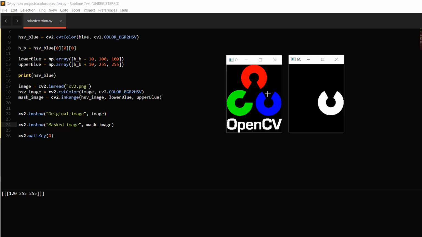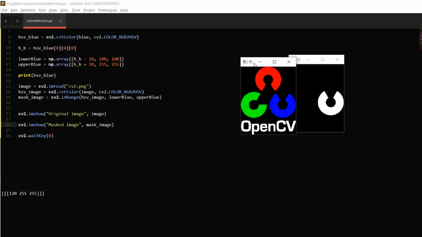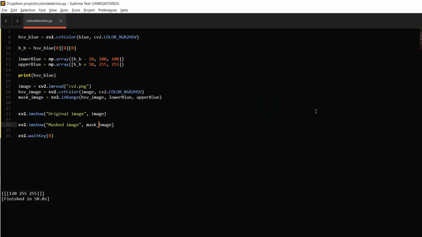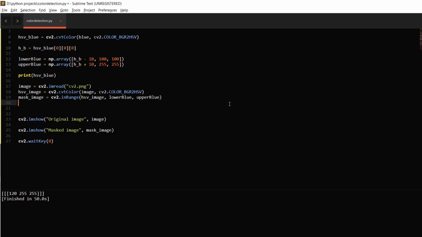So now the idea is that we try to combine both of these images, and we try to extract this blue color. We combine both of these images, and we have to overlap our original image on top of it. With the help of AND, we try to extract the common part between these two images. So the common part here is the blue color, right? We place our original image on top so we can extract the original color from it.